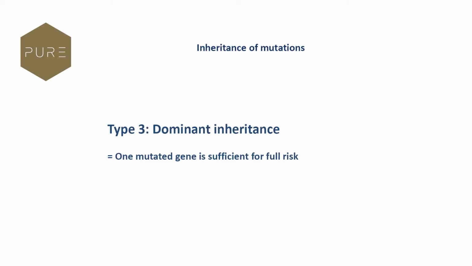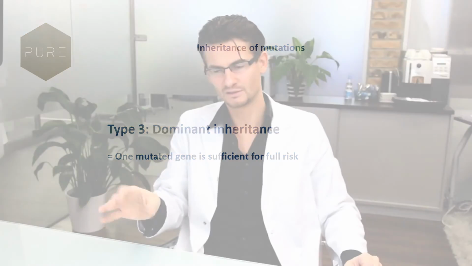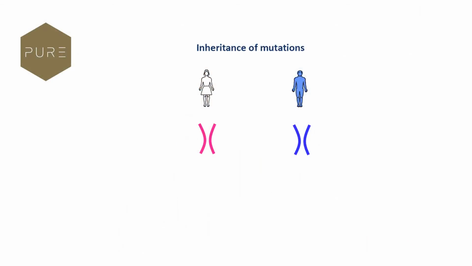And then there's dominant inheritance. So we had codominant, the more genetic variations, the higher the risk. Recessive, you need 2 broken genes for the disease to occur. Or dominant, which is one of them is enough to give you the full risk. And again, let's look at a gene. Every parent has 2 copies. The HLA-B27 gene. It is a genetic variation that increases the risk of Bechterew's disease, which is basically a bone disease